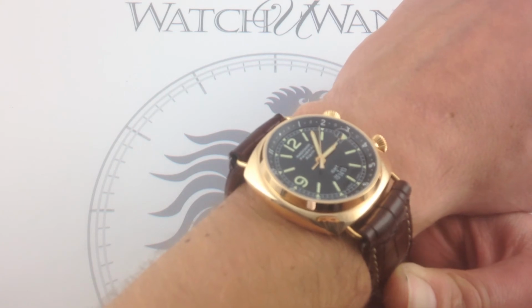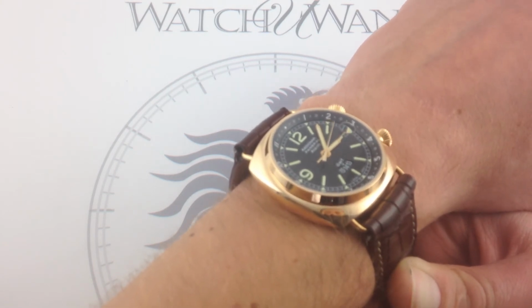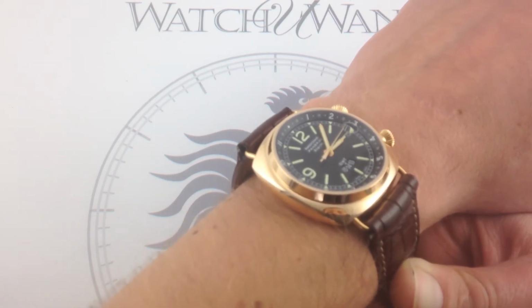If you want to complete your Panerai collection and you've got all the canonical models, this might be the one to go for. By the same token,